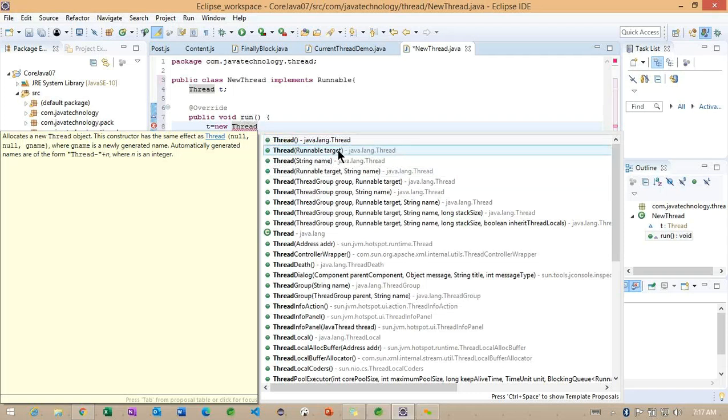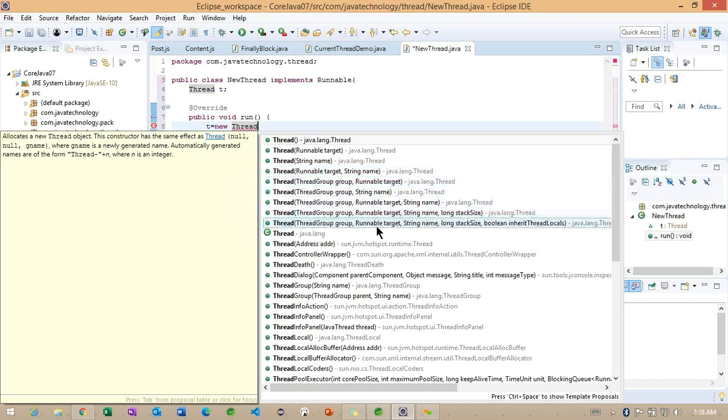Another constructor takes a Runnable as a parameter, and one more constructor takes a String as a name, the name of the thread we want to specify. One more constructor has two parameters, taking a Runnable object as well as a String name, the name of the thread.